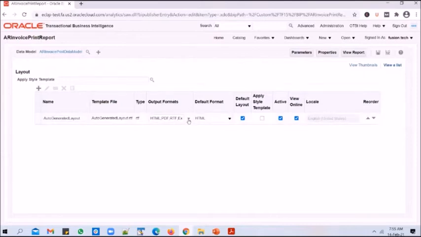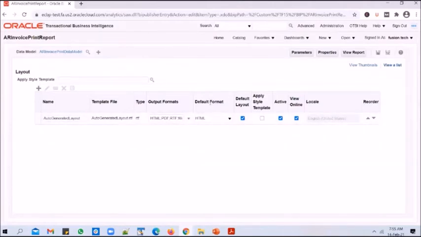And you can see the output formats that are enabled. So how many formats are enabled? You see 3 formats and 2 more here. So that's why in the drop down, when you view the report output, you could see only 5 output formats. That's because only those 5 output formats are enabled here. So if you want, you can also enable other formats as well, like this. Depending on what output formats you want to enable for the report, you can select all of them here.